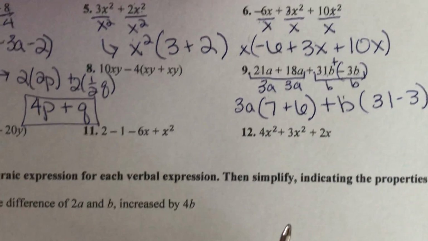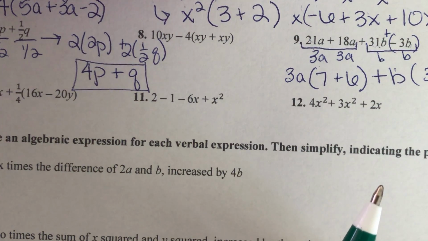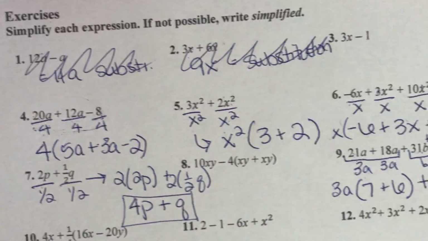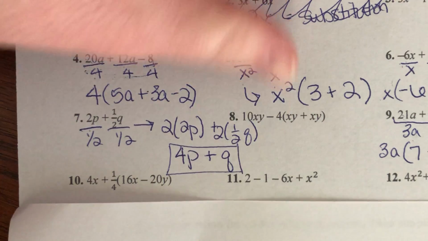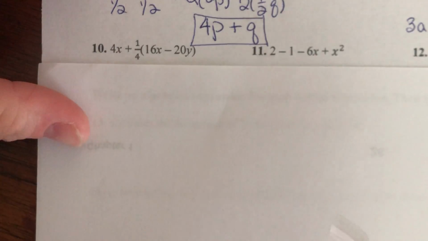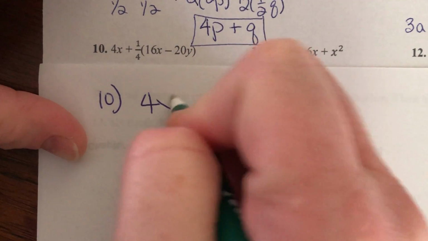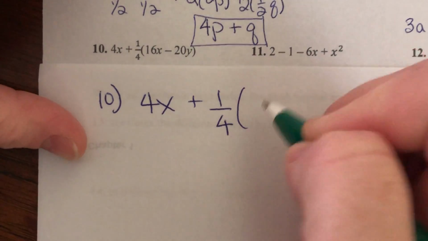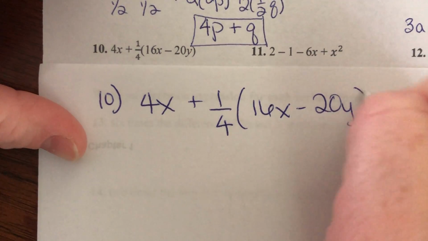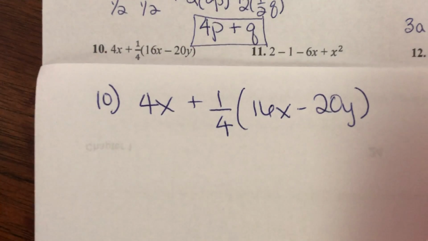Let's see if we can do another one kind of like that. Anything have anything different? This one kind of does. I'm going to do this one on a different, like the back side of a sheet of paper maybe. Here. I promise this is the last one. I feel like I keep saying that. All right, so number 10 here, I have 4x plus 1/4, 16x minus 20y. So I'm going to simplify this all the way, but I'm going to start with a distributive